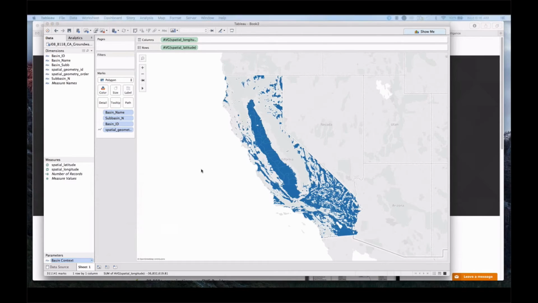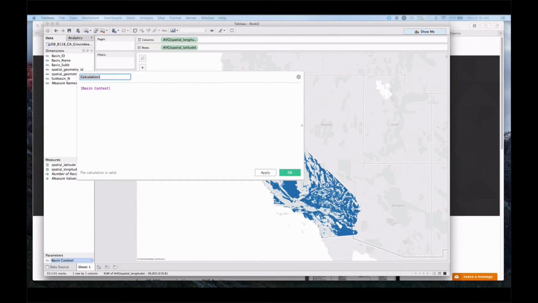Edge field. I know this seems manual, but it would actually take half a day to be able to do this without the combination of FME and Tableau together. So Tableau allows you to run or create these calculations when